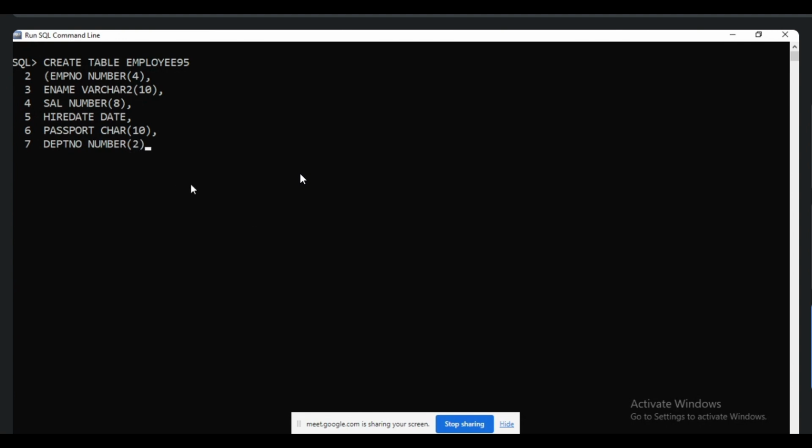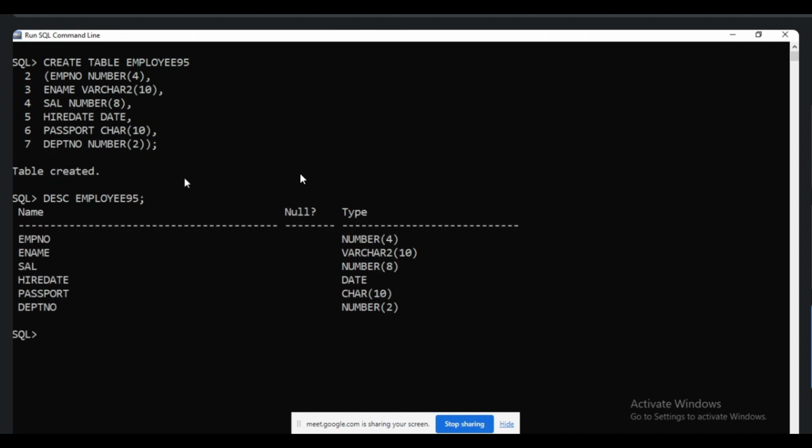Open bracket, and at the end of the columns we have to write the closing bracket. So the table is created. If I want to see the table structure, we can describe the table: DESC employee95.